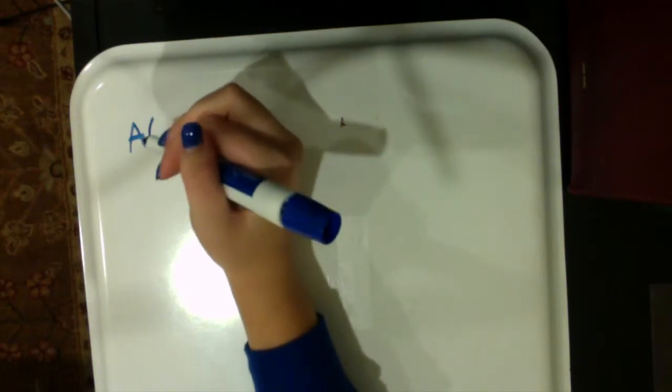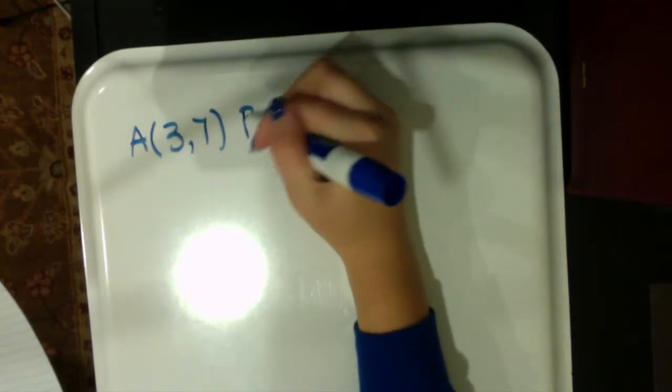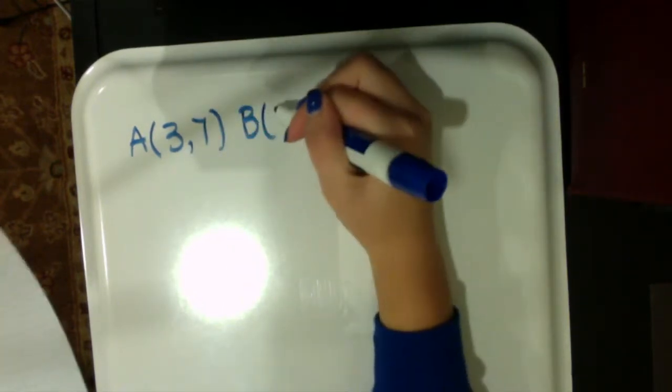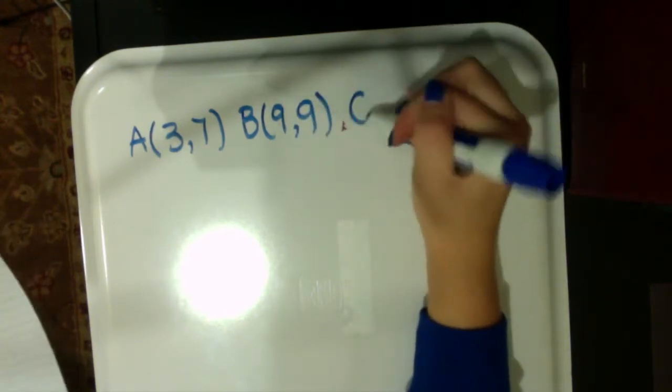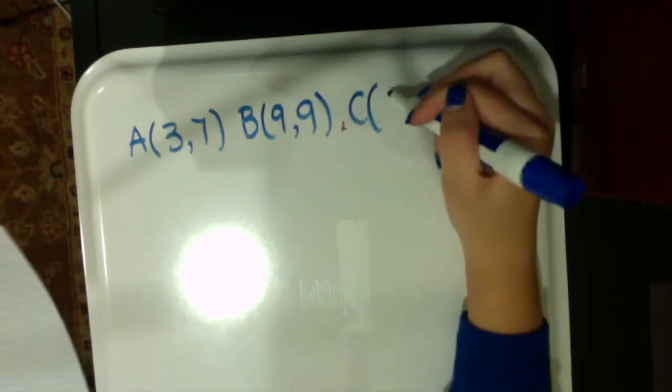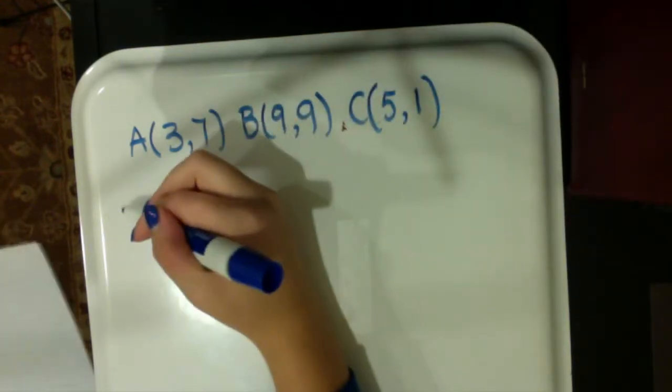First, I'm going to begin by writing out my points A, B, and C. A is Angels Rest Hospital, and it is located at the corner of East 3rd Street and North 7th Avenue. B is Barnes Memorial Hospital, and it is located at the corner of East 9th Street and North 9th Avenue. And C is Cornerstone Regional Hospital, and it is located at the corner of East 5th Street and North 1st